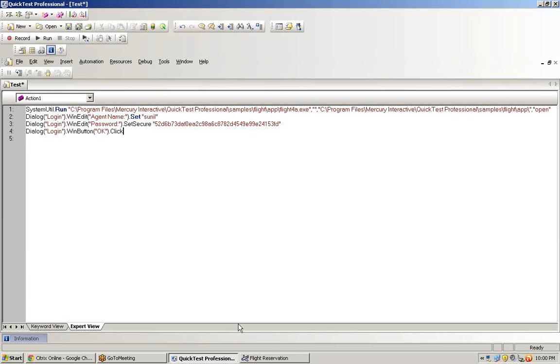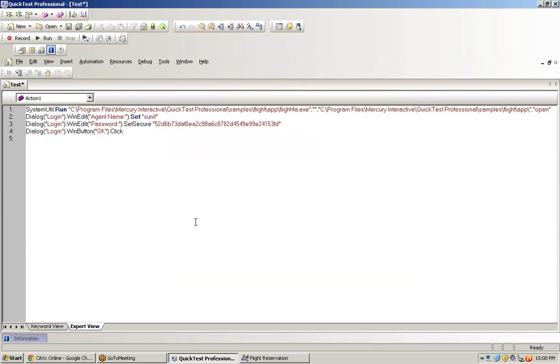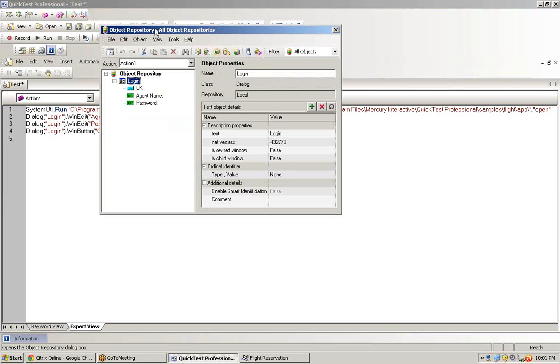But it shows other objects also, although we are not interacting with them. So let's find out whether it does that or not. I'll go to the object repository. If you press Ctrl R or hit this button here, can you see my screen? QTP has opened on my screen. Just see this icon. As soon as I click it, it will show me the object repository. See what it has recorded.